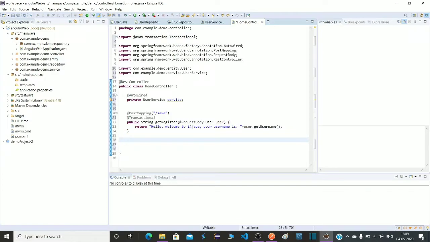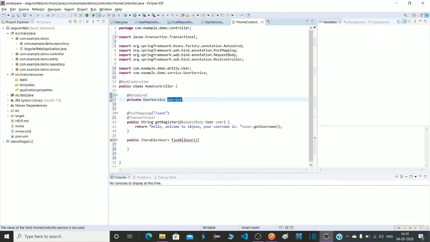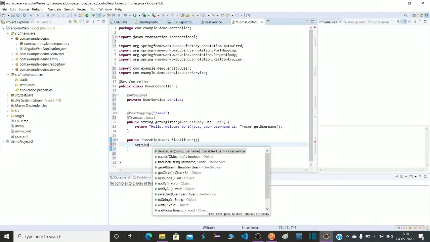So let's create one more method to retrieve all the records from the database. Public Iterable, it will be User type, and getAllUser, or we can write findAllUser. Copy this, findUser, getAllUser.